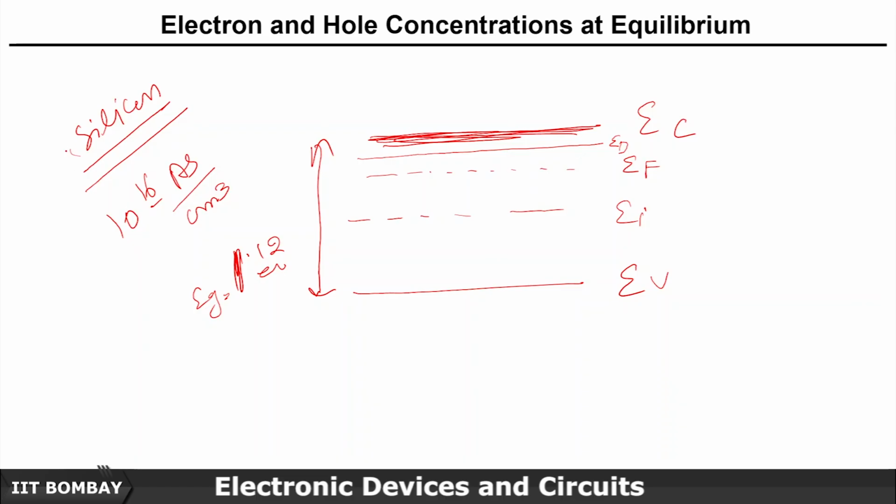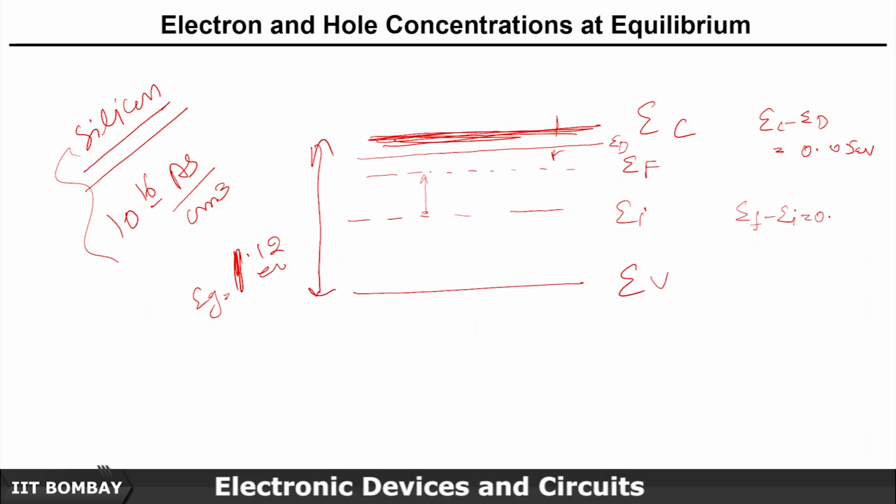For this particular case of silicon, where the band gap is 1.12 electron volt, with a doping of 10 to the power 16 arsenic atoms per centimeter cube, just to give you some idea, the difference between EC and ED is approximately 0.05 electron volt, and the shift between EF and EI